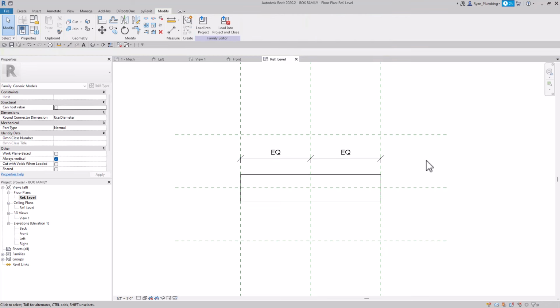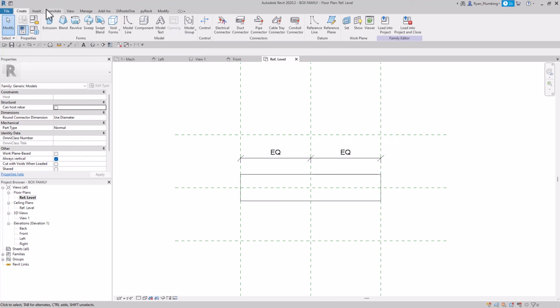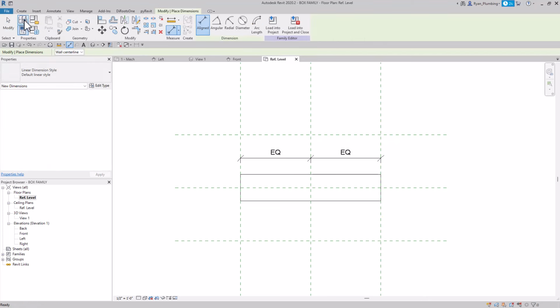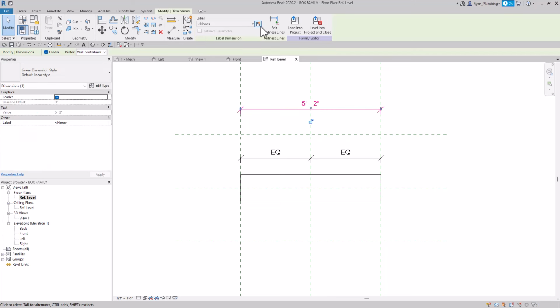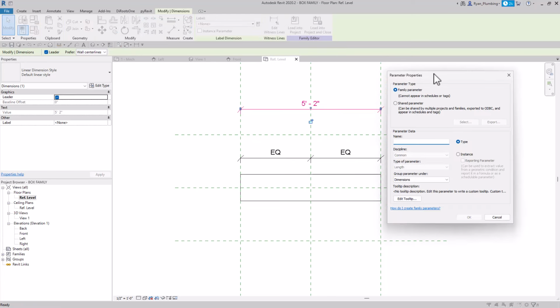So that's looking great. But remember, what we need to do is we need to create a width parameter. So the way we create a width parameter is we create a dimension first. So let's go back up to Annotate, Aligned, and then we just select this reference plane and this reference plane, and we're going to click some white space up here. And once we do that, we can hit escape, we can select the dimension, and up here we have this Create Parameter button. So we're going to click that, and what pops up is the